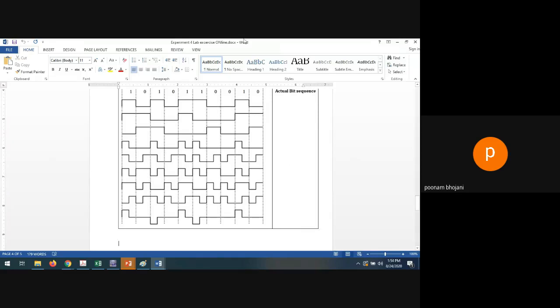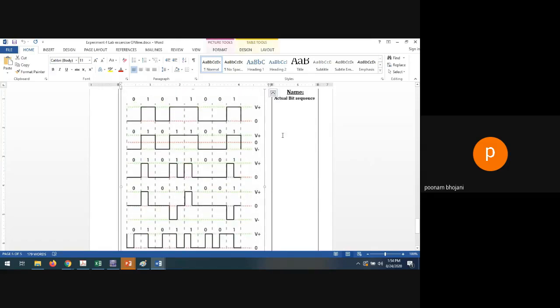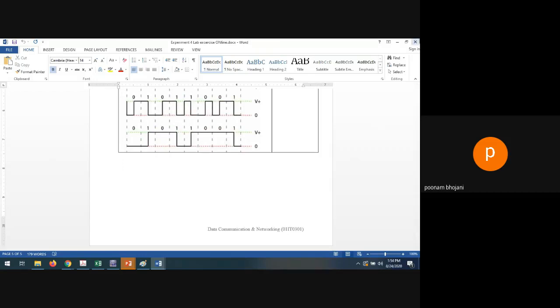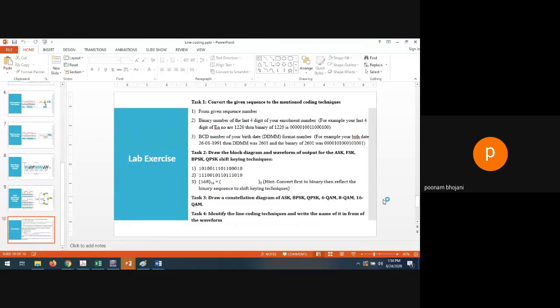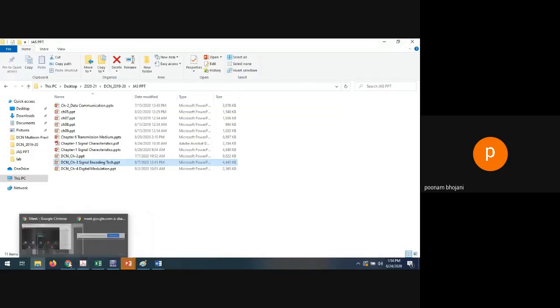So two types of waveforms are given. One is this and second is this. Okay, here also you have to write the name. So that's it. This is all about lab exercise 4, what you have to do within 15 days and submit in the assignment if it is open. If it is not open, then let me tell you, whenever you complete it in the 15 days, I will open it for you for 2 days, so that you can submit it.